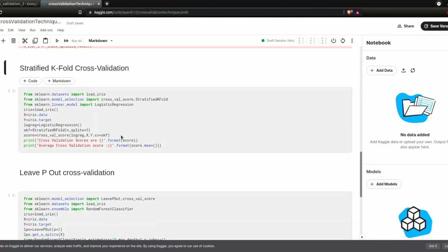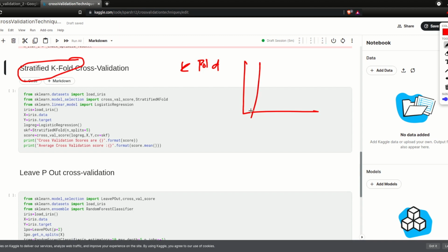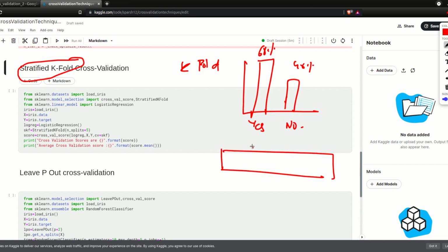Now next we move to stratified KFold cross validation. So what's the difference between KFold and stratified KFold? In case we have an imbalanced data set, let's say our data has this kind of entry, 60% of it is yes and 40% is no. Now when we try to define our folds, let's say this is one fold,